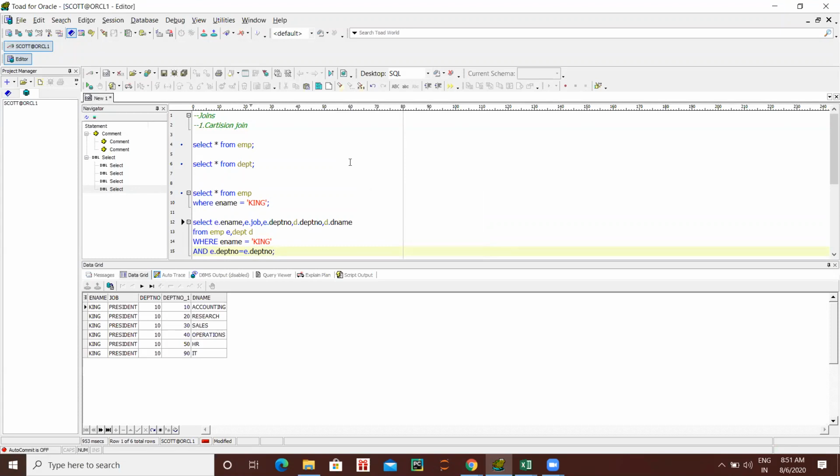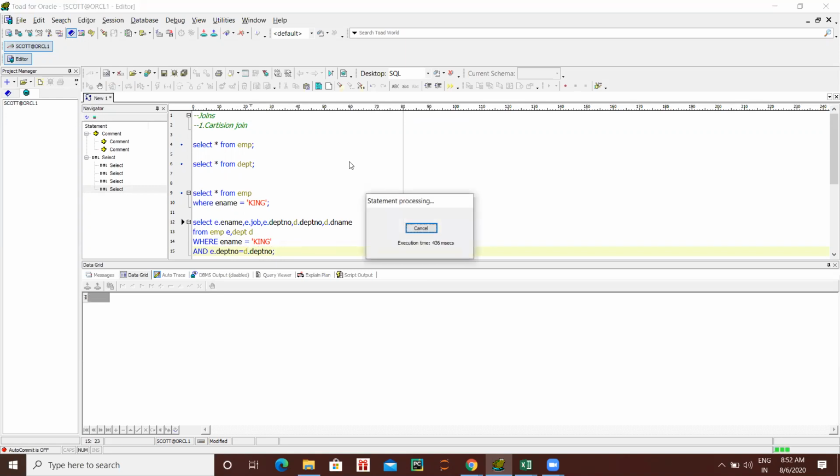E dot department number, employee department number equal to department number. Now this is the actual output that we are expecting. Okay. So this is what we call our join. This is called your EQ join. Right. The second one is, this is EQ join.